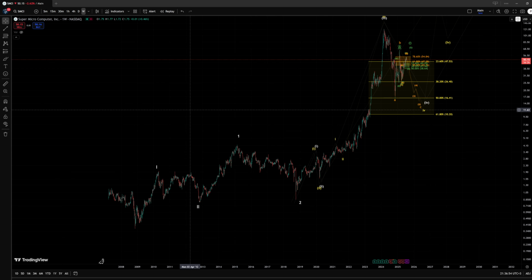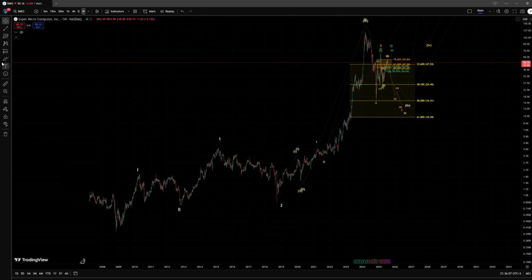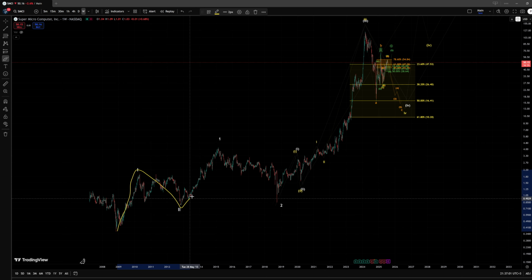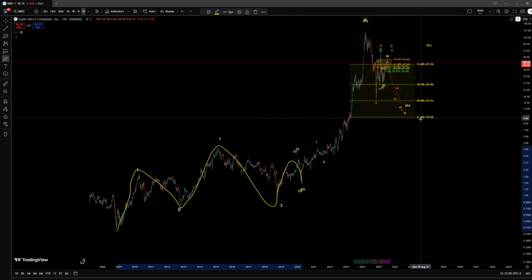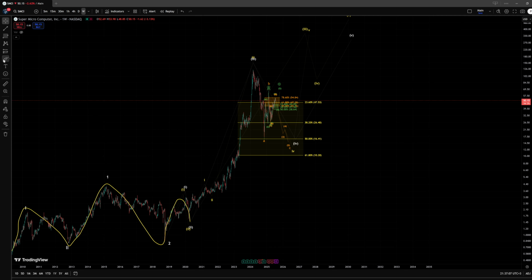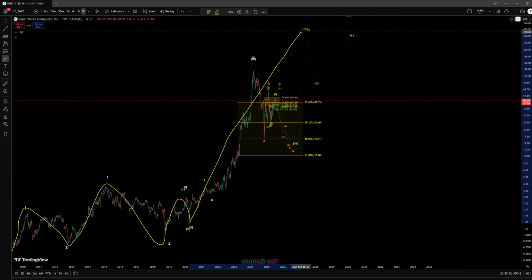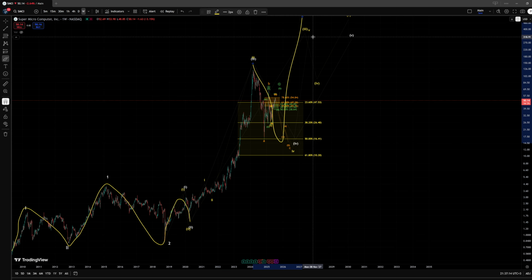In this video we are looking at Super Micro Computer, and from the beginning we formed a wave 1 up, a wave 2 down, and then another 1 2 and yet another 1 2, and now we are either tracking the third wave in yellow that is not yet complete and we need a fourth and a fifth to actually complete it